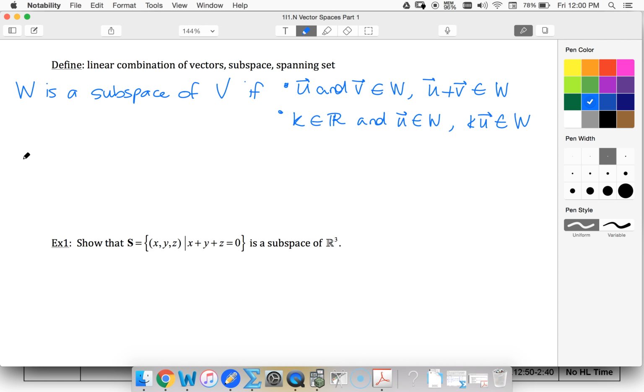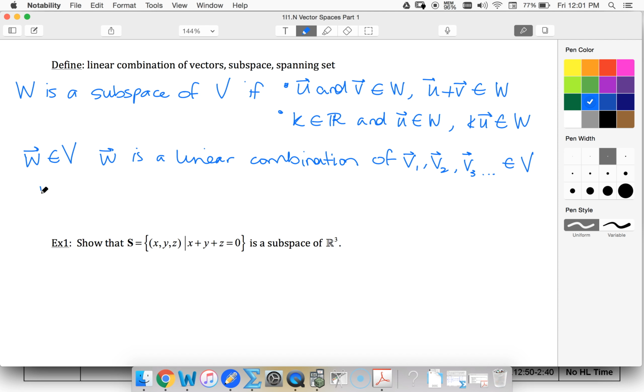So if we've got some vector W, that's an element of our vector space V, then we can say that W is a linear combination of the vectors in V, linear combination of V1, V2, V3, etc., which are all elements of V, if we can write W as some constant times V1, a constant